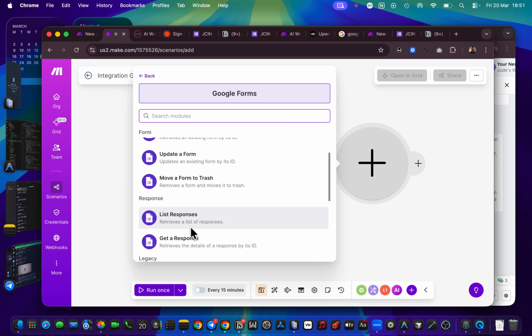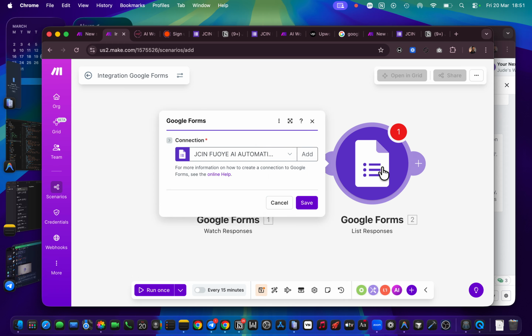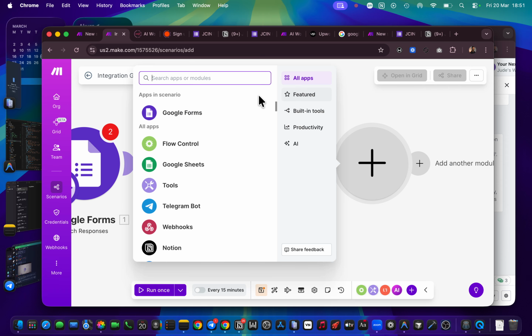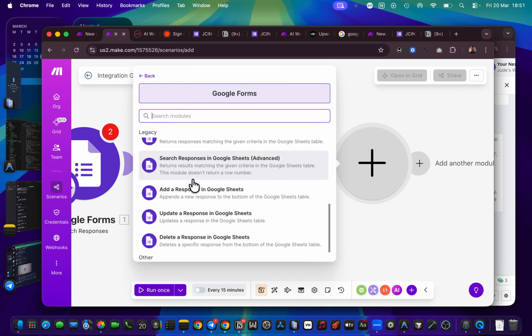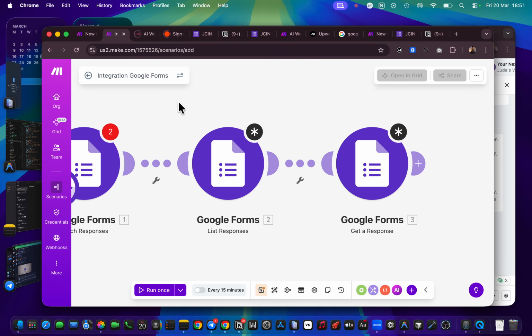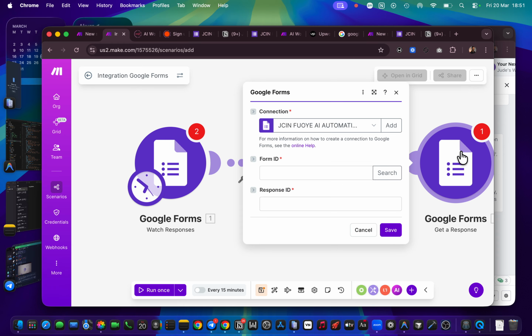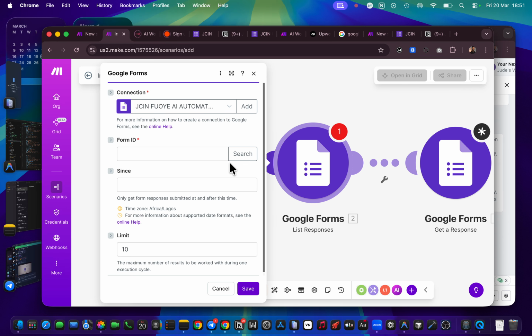Let's pick list response, and let's pick the third one, which is get a response. So if you want to know which one actually works in this case, the first thing is you just start checking everything out. Okay, does this one look like it's going to bring in responses? Does this one look like that?